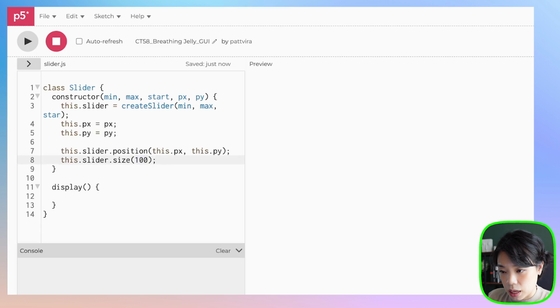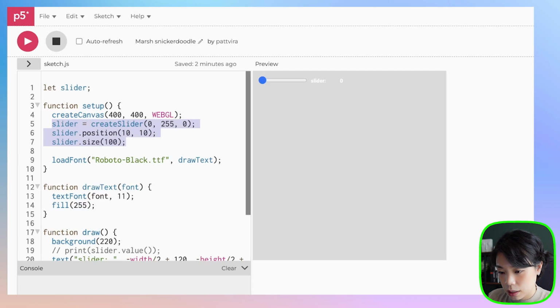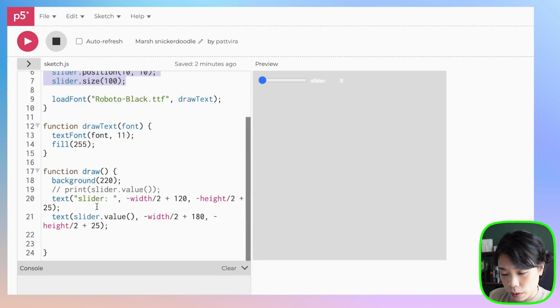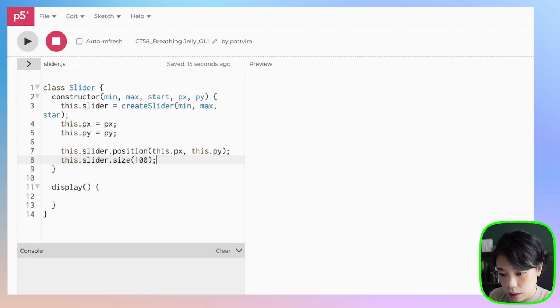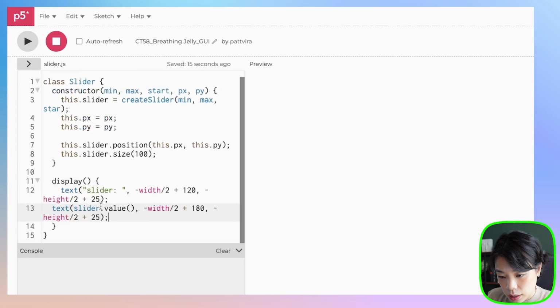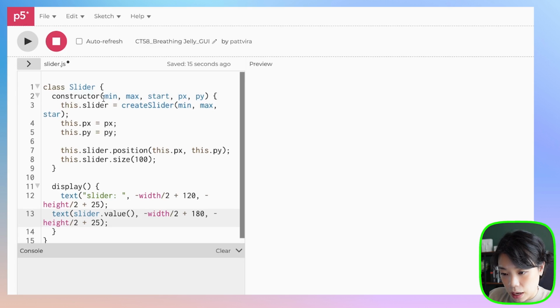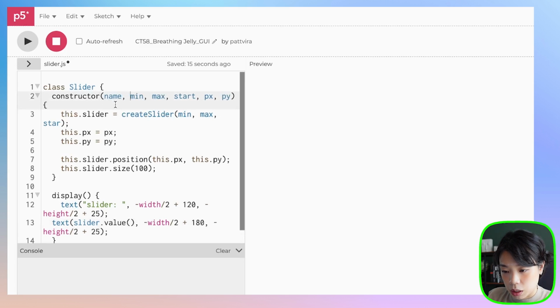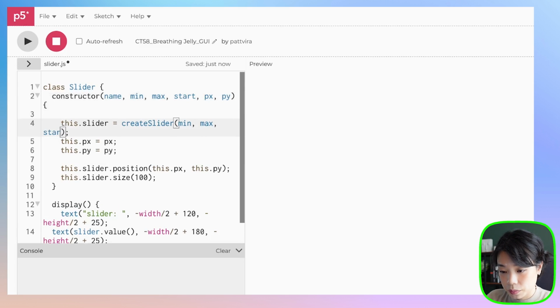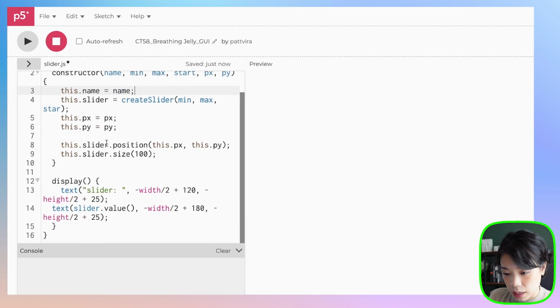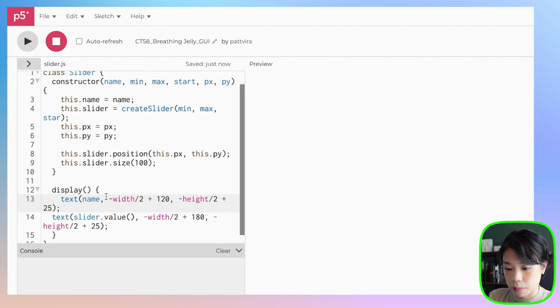All right, and then in display, do we want to work with the text now? Why not? Okay, so in display, let's just copy the text part here. And then actually let's give it another parameter called name. And this is going to be a string argument,